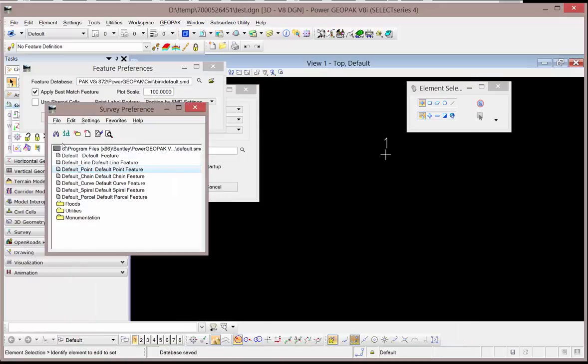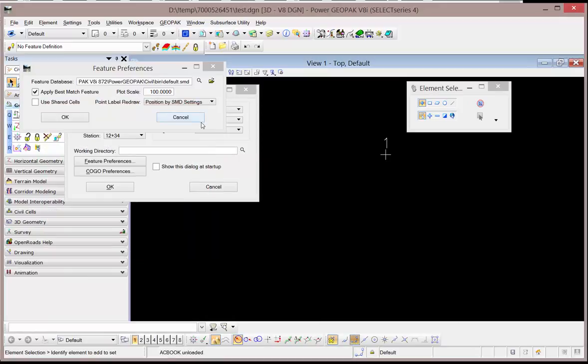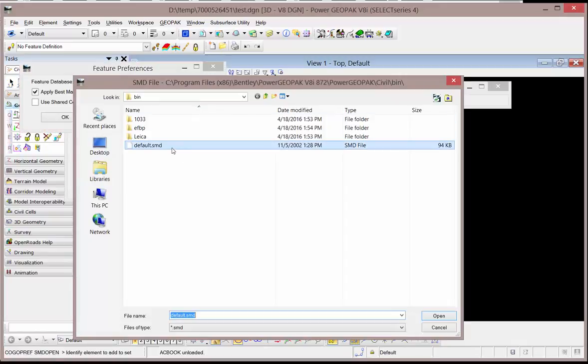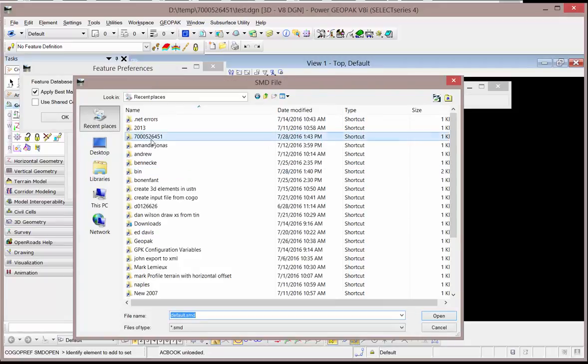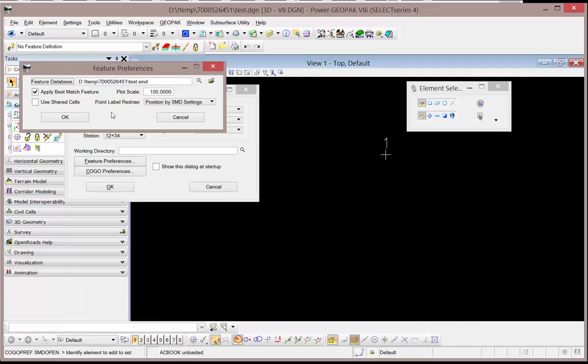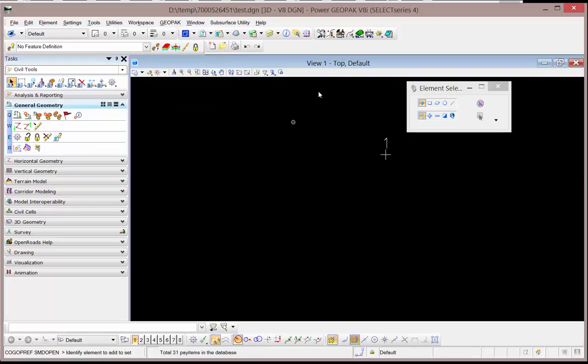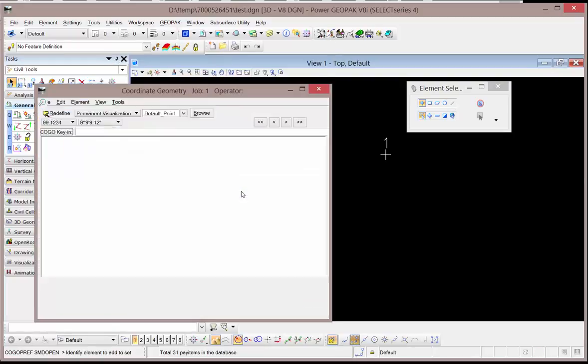And you also have to make sure that you are using that SMD. So in your preferences, you need to open it up, and I'm just going to go to my recent places and select that SMD. Now I'm using that SMD that I just created, and so when I go back to COGO, if I do